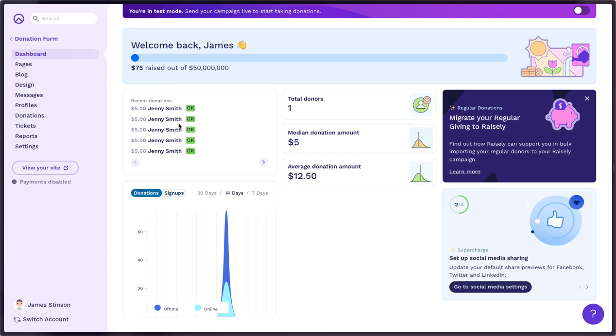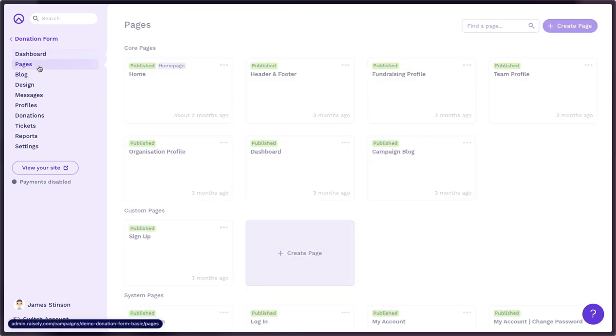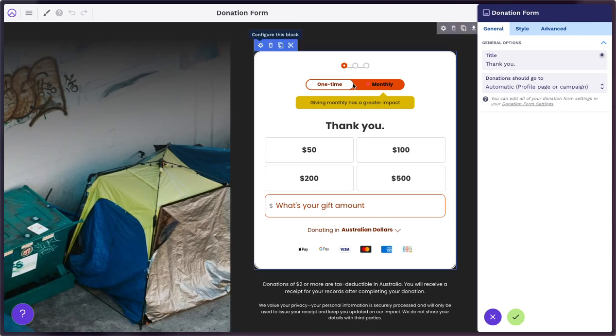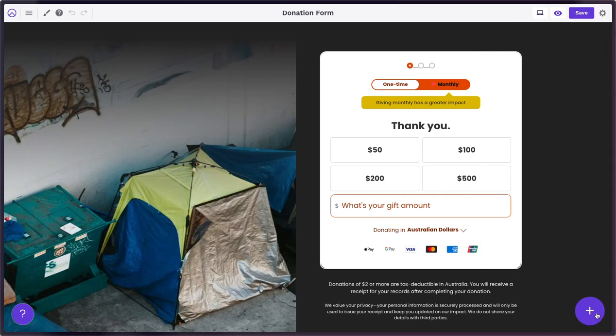If we go into our campaign for donation form, which is my test one, I can go into pages and we can firstly explore how you put a donation form on a page. Here is my home page, and as you can see, I have the donation form block embedded onto the page called donation form. If I go into my block settings,